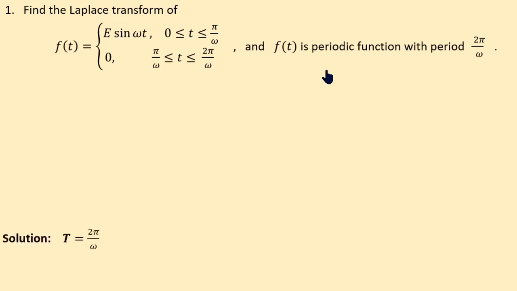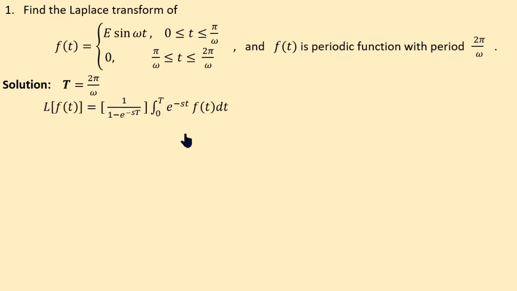Now the Laplace transform of a periodic function with period T is 1 by 1 minus e power minus sT, where T is the period, times the integral from 0 to T of e power minus st f(t) dt. Now substitute the value of this capital T and split the interval 0 to 2 pi by omega into 0 to pi by omega and pi by omega to 2 pi by omega, because in the first half of the interval it is e sin omega t and in the remaining half it is 0. Therefore,